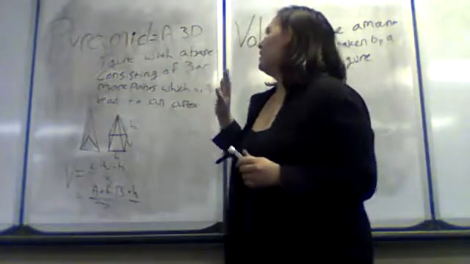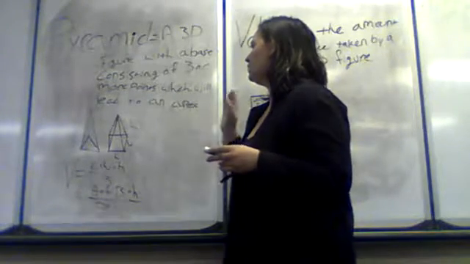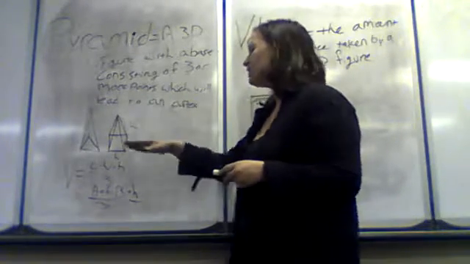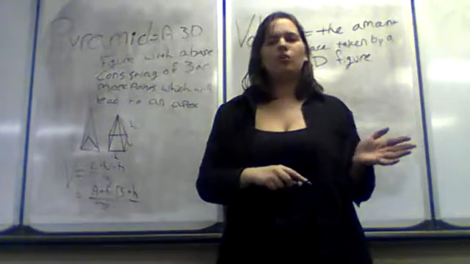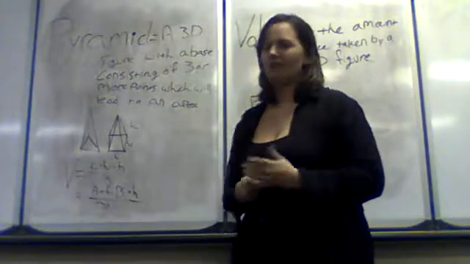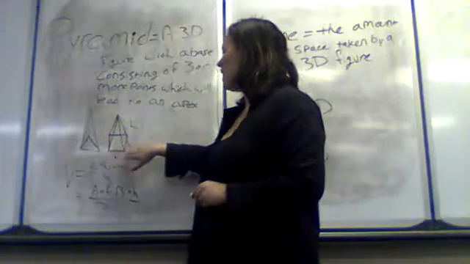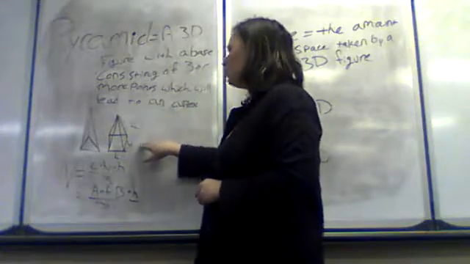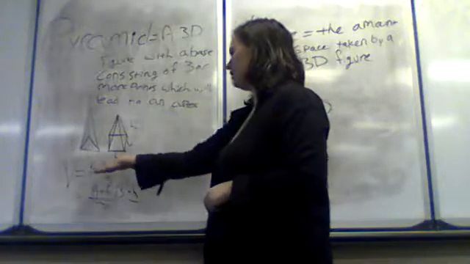A pyramid is simply a 3D figure with a base consisting of 3 or more points, which will lead to an apex. Now it has to be 3 or more points, because with 2 points it's a 2D figure essentially, and with 1 point it's just a line. So 3 or more points. And so this can look something like this, or it's more commonly thought of as this one with the square base. So for the volume, we're looking for length times width